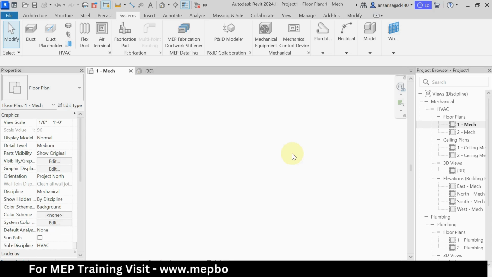In this lecture we'll see how to automatically connect air diffuser in Revit. So let's start. First of all, if you want to connect diffuser automatically, you need to place the mechanical equipment, like AHU, FCU. For the placement of mechanical equipment, come here in the system tab, mechanical panel, hit on mechanical